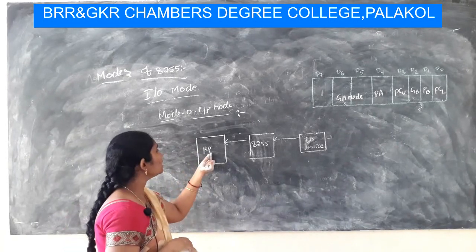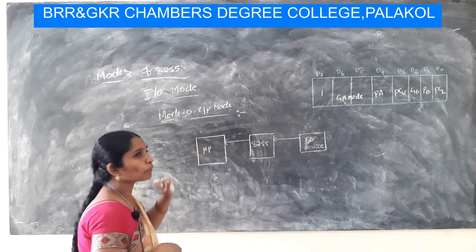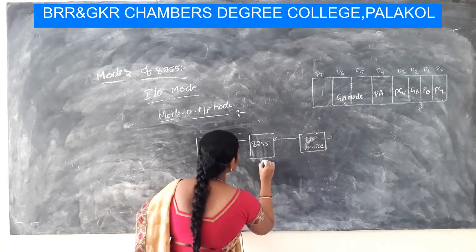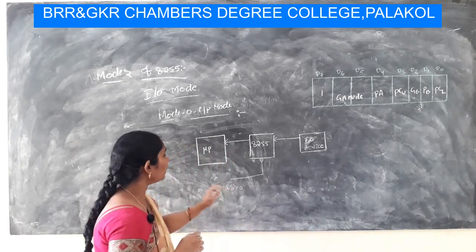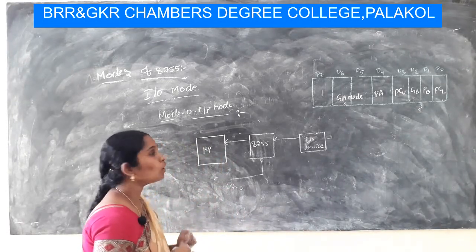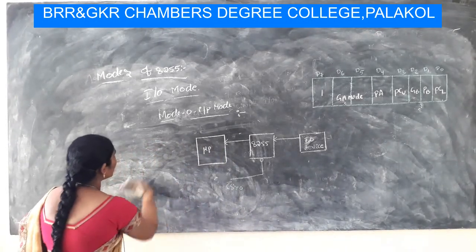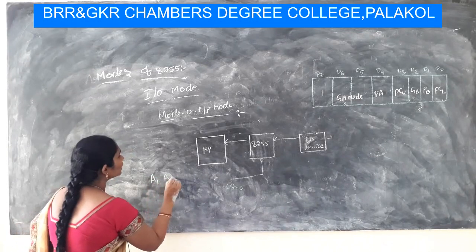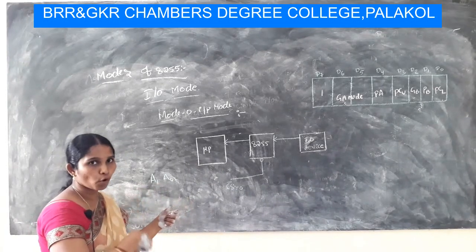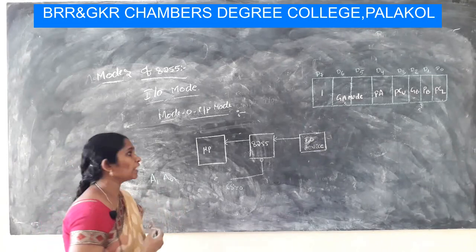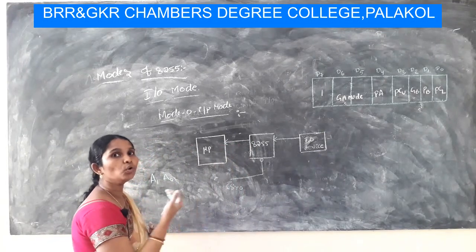So before receiving the data, that means before performing the read operation, the microprocessor always checks whether the chip select line is 0 or not. When chip select bar is equal to 0, then the microprocessor selects the desired port by using the lines A1 and A0. So by using these two lines, it will select the desired port for performing the input operation. So here the input operation is nothing but the microprocessor reads the data from 8255.